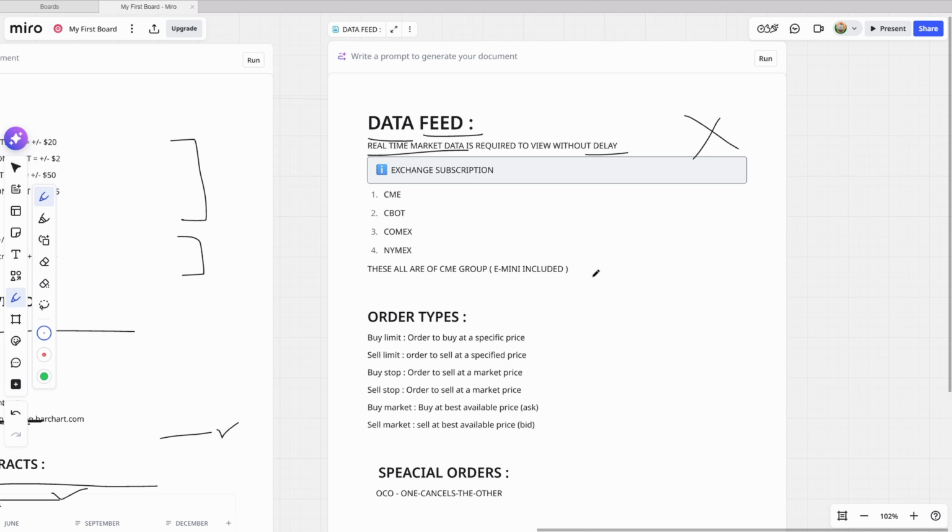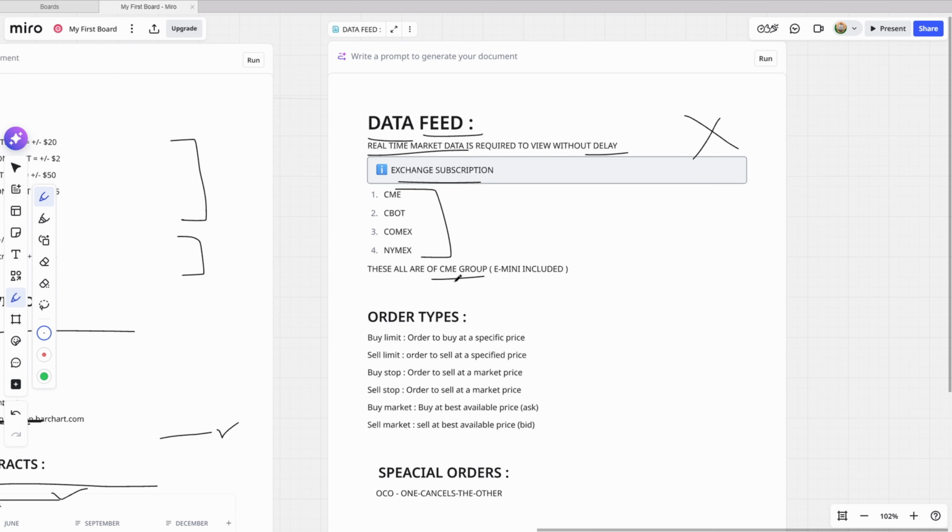That delay might not sound like much, but for intraday trading, it's completely unusable. You cannot execute properly on delayed data. So you need to make sure you have the correct real-time data subscription enabled for the exchange you're trading. For example, CME data for ES and NQ. The subscription I personally use allows me to see everything in real time without delay. It's a small monthly fee, but it's necessary if you're serious about trading futures.